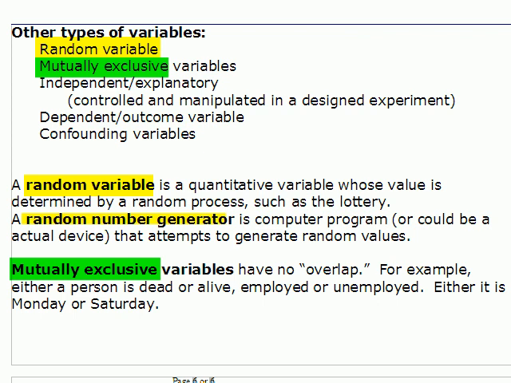There are other variables: independent or explanatory, and dependent or outcome variables. We'll talk about those more later in the chapter. And then in the previous lecture, we already talked about the confounding variables. Again, these are variables that influence the outcome of an experiment, but they're variables that either can't or for some reason were not controlled. So,